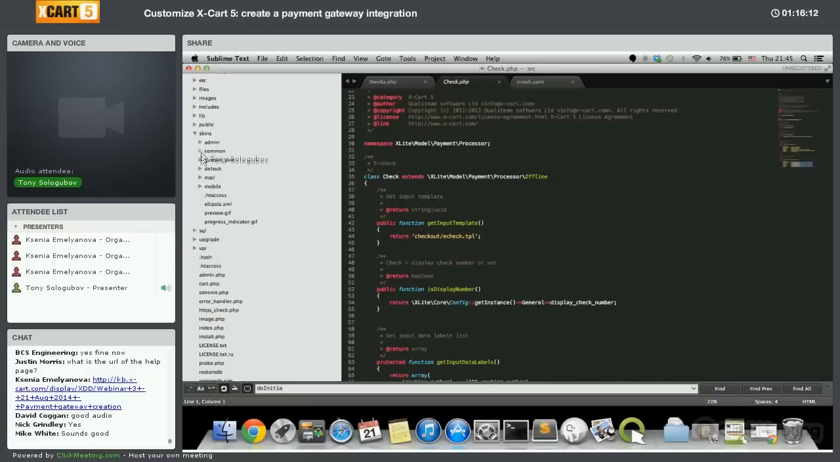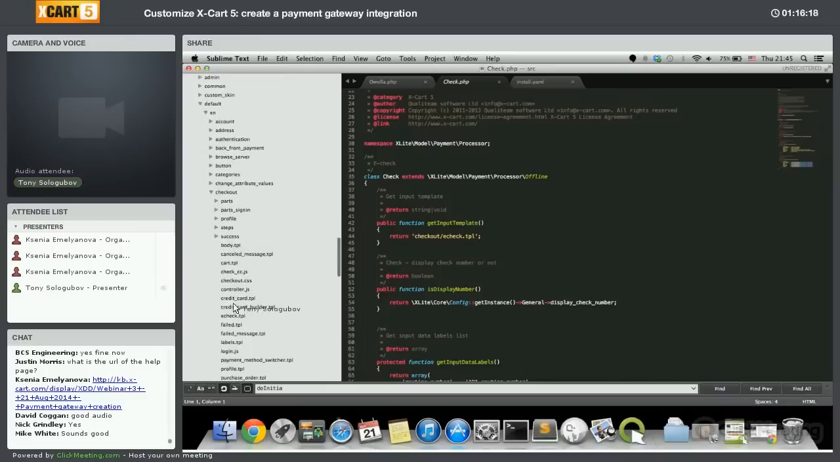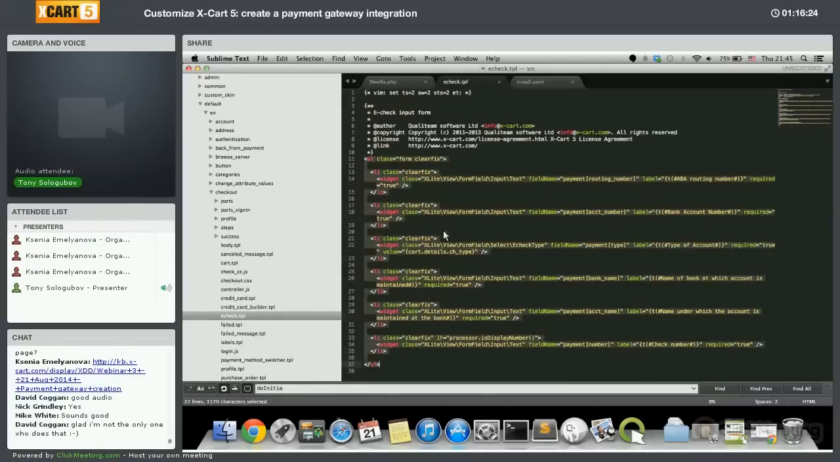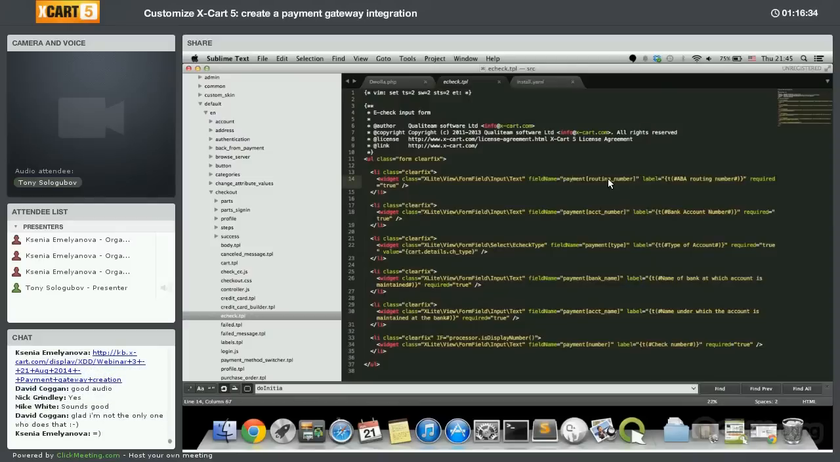Skins. Oh, I'm sorry. It's not admin. It's default plus checkout. eCheck TPL. This is plain HTML code. There's nothing special, and as you can see, the field name is passed as payment, and this is a typical name for a post form. After you specified this template,